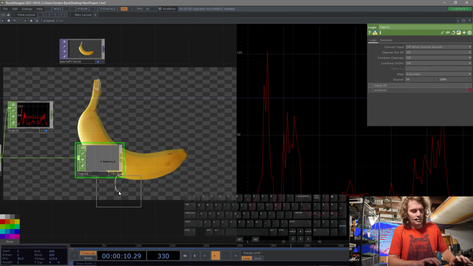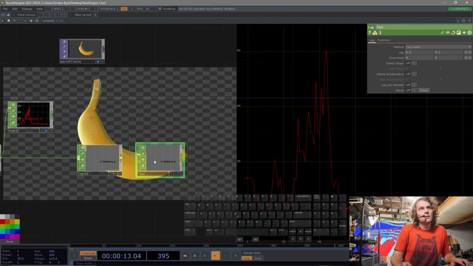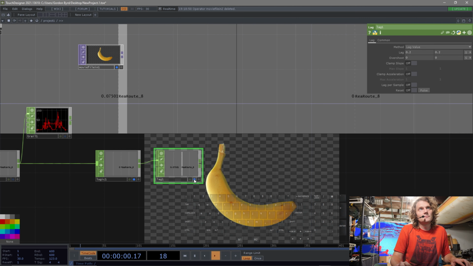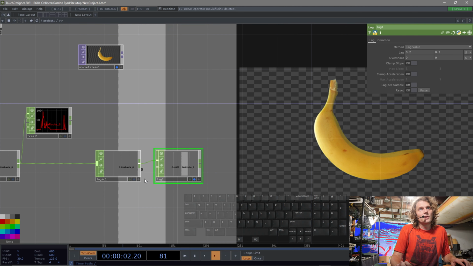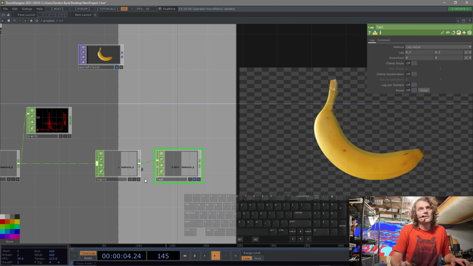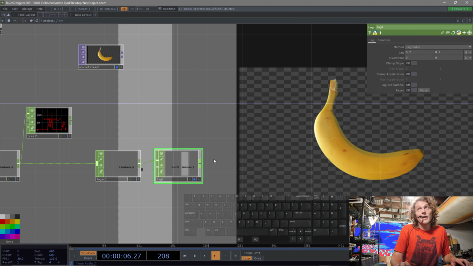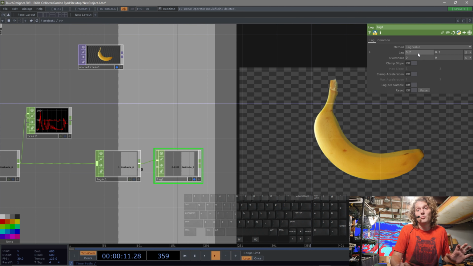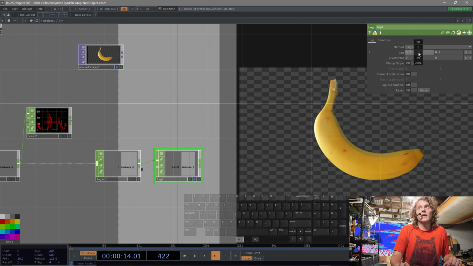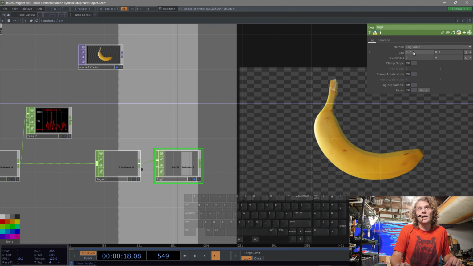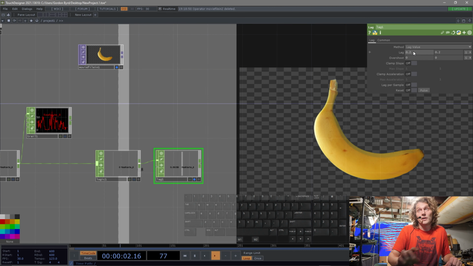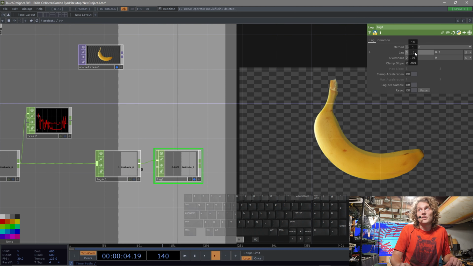Let's look at the lag. L-A-G. Let's look at this. Okay. Now you see this lag. It has 2 parameters you're ever going to use. And they're both amazingly handy. So the first one is the lag of the value going in, and the second one is the lag of the value going down. So if I change this,